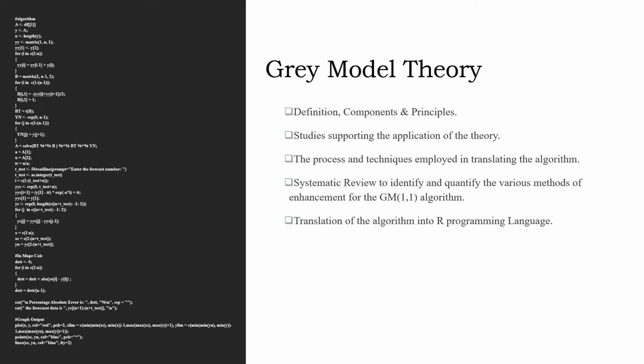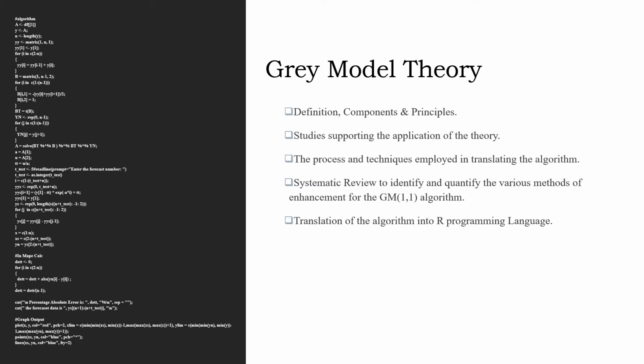So the gray system theory was developed by Professor Deng Julong in 1982. The name gray was based on the colors of subjects under investigation. For example, black box would refer to a system that is completely unknown. A white box would be referring to a system that is completely known, and the gray is meant to denote partially known and partially unknown systems, or a system with partially unknown information.